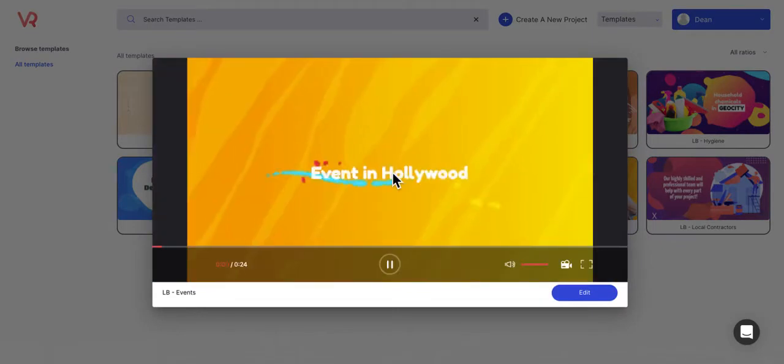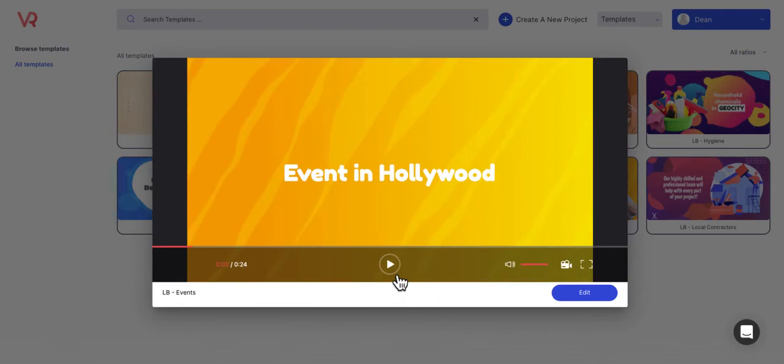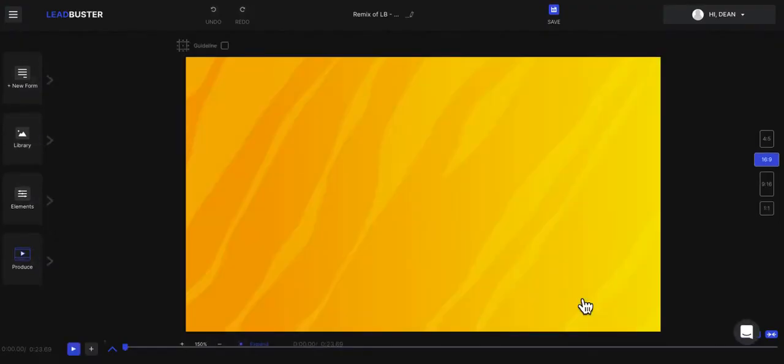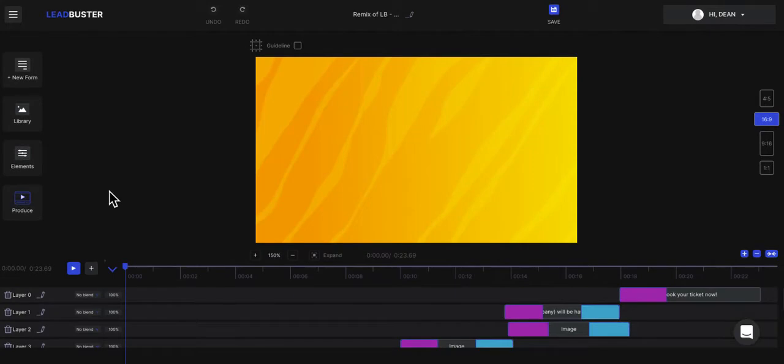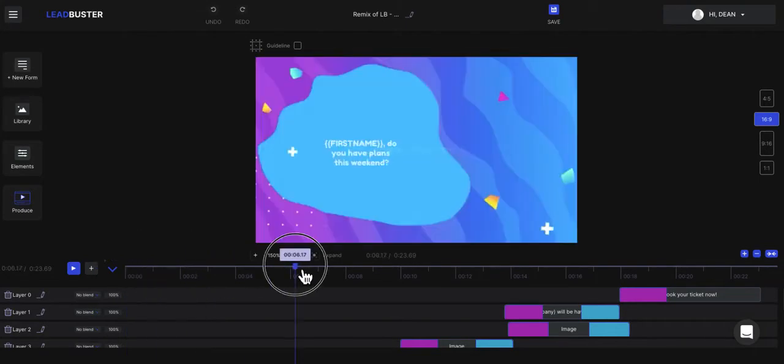So we can play this video right here. The video, and we could play the video that is going to go on our lead form right from the editor. So now what we want to do is we just want to click edit on it. And LeadBuster is set up the same way that you would have a regular video editor, even though you are editing a lead form. So what you're going to have is you're going to have your timeline here where you